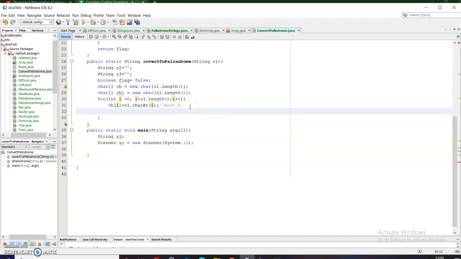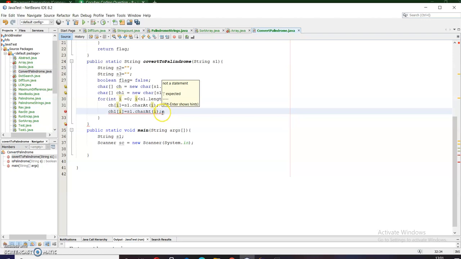Okay. Now I need to use the second array ch1 of I, and here I will store the same value, s1 dot charAt I. So now here also m will be stored.